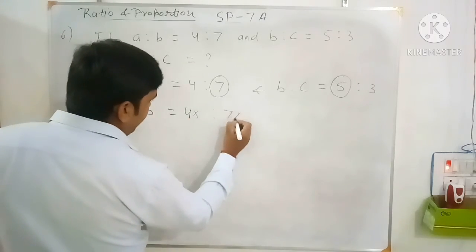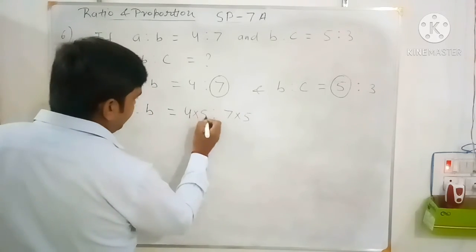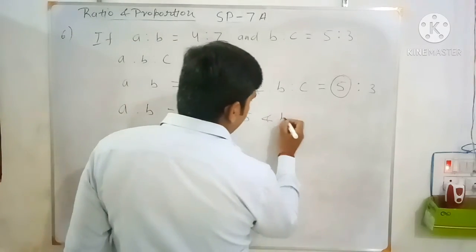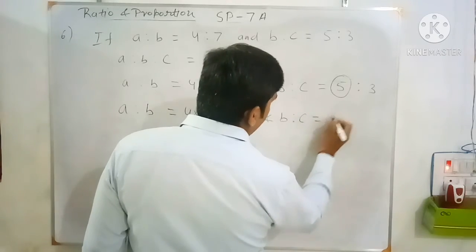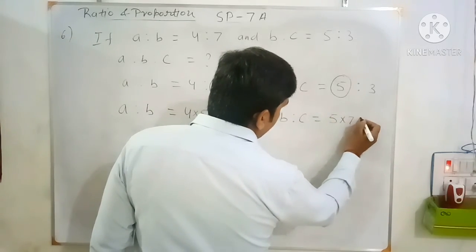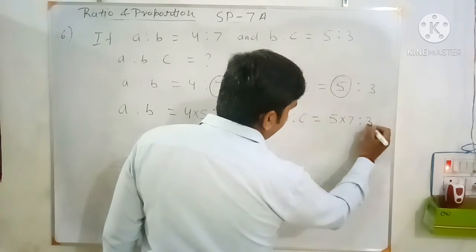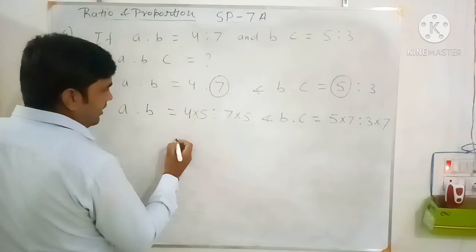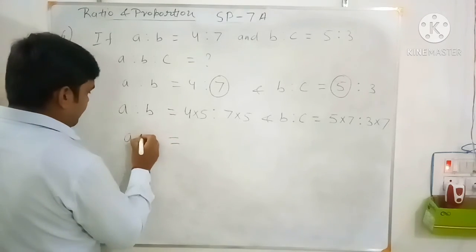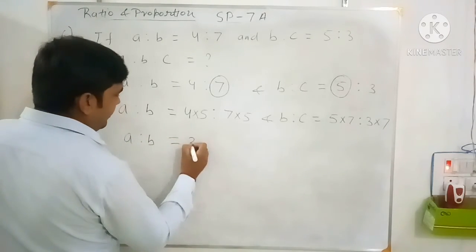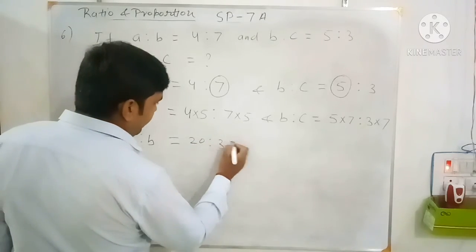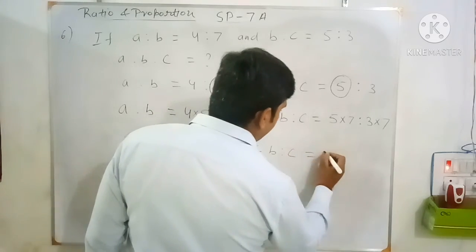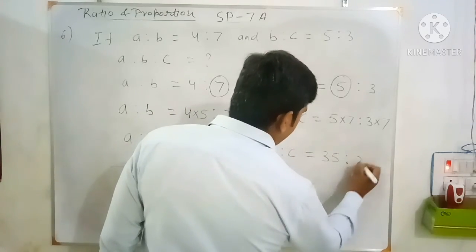So with that number you multiply in the first term also. That is 4 into 5, so the ratio is 7 5. Here also you can see B is to C. So what you multiply in 5 to get 35? 7. So multiply the 7 to the ratio term 3 also. Now see how, what you can write next. The value you can write next: 4 5s are 20 is to 35, and B is to C is equal to 5 7s are 35 is to 3 7s are 21.